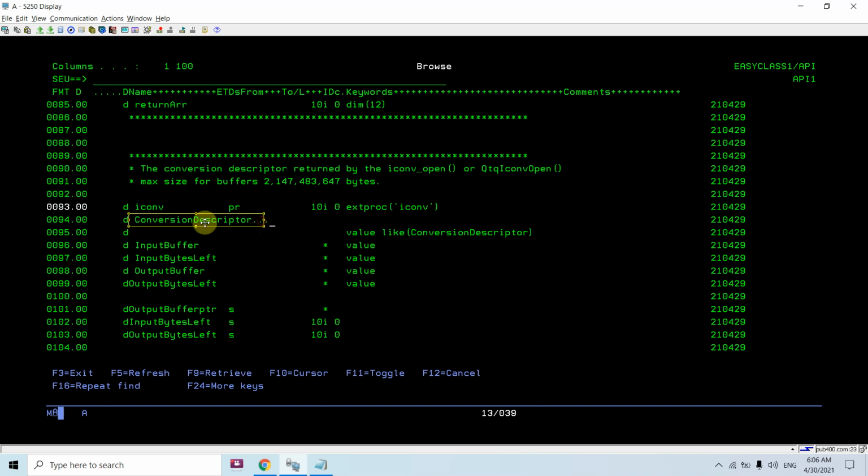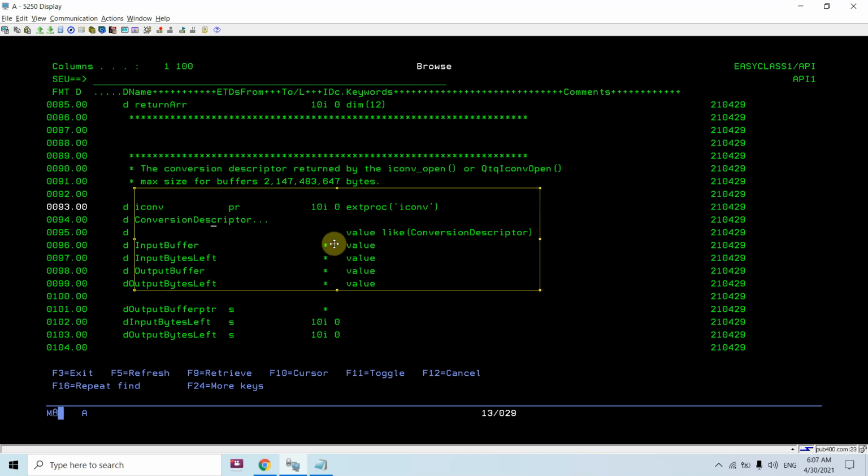first parameter. So here you can see we are calling the iconv procedure, and I named that the same. I could name it differently because we are actually using xcproc. Now what I'm doing is passing that conversion descriptor here, and then I'm passing input buffer, input bytes left, output buffer, output bytes left. So basically this will have the input and this is the output, and this is the prototype for this.